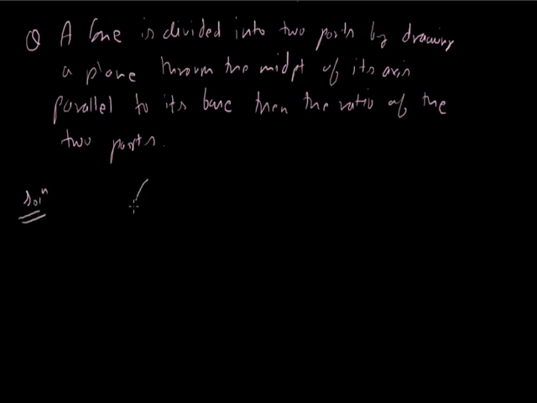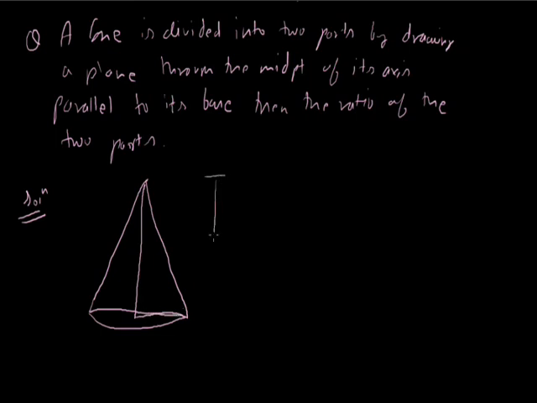हमें एक कोण दे रखा है और इस कोण को हम कट कर रहे हैं. इस कोण का हम लेट्स से हाइट एज्यूम कर लेते हैं कि हाइट है इसकी कैपिटल H एंड जो इसका रेडियस है हम एज्यूम कर लेते हैं वो है कैपिटल R. नाउ इस कोण को हम कट कर रहे हैं बाय अ प्लेन व्हिच इज पैरेलल टू इट्स बेस एंड इट पासेस थ्रू द मिड पॉइंट ऑफ द हाइट. सो दिस इज द मिड पॉइंट. ओके, इन पॉइंट्स को नाम देते हैं लेट्स से A, B, C. This point is let's say D and this point is E.